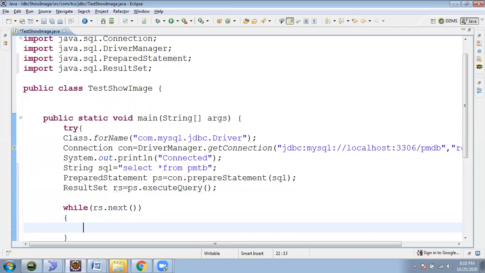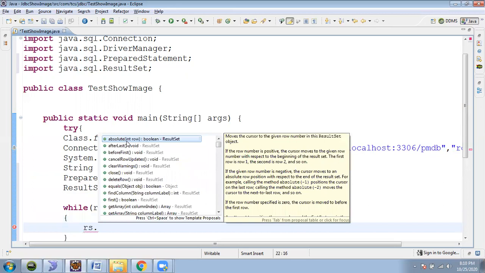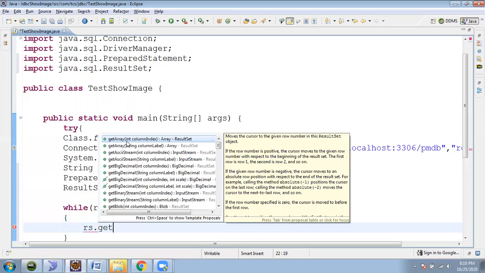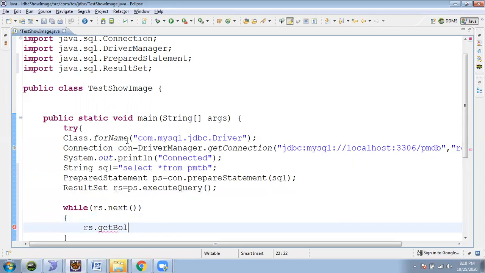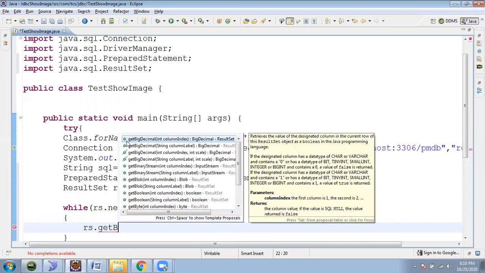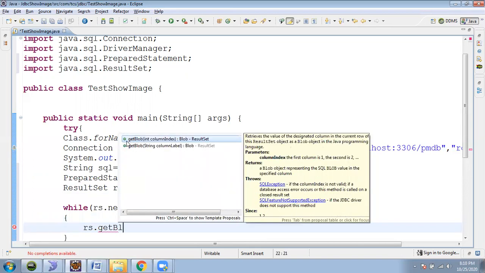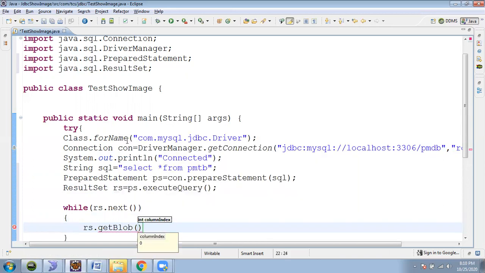Then rs.getBlob, the name of the field, or the number of the field.